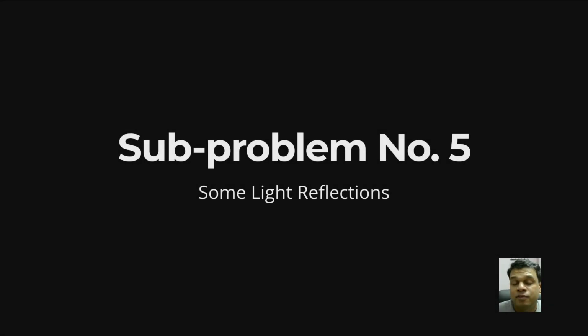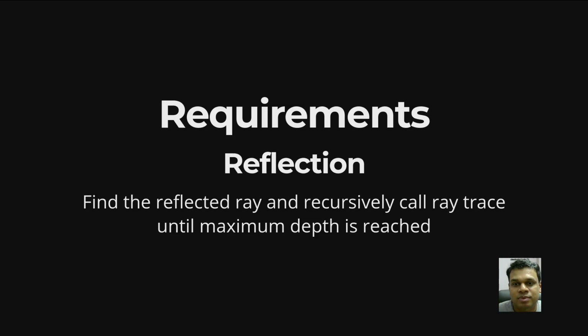Now we are at our 5th subproblem, which deals with reflections. Let's look at our requirements. We need to calculate how the reflected ray looks, or towards which direction and position our reflected ray will be at, so that we can continue the ray tracing algorithm with that same reflected ray, just like we would have calculated with our original ray starting from the eye. Once we calculate the reflected ray, we repeat the ray tracing algorithm, and it goes on for a certain number of times, which we call the maximum depth. Typically this is 3 or 5. I find that 5 gives a reasonably realistic